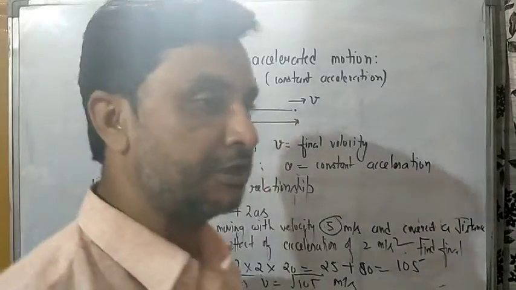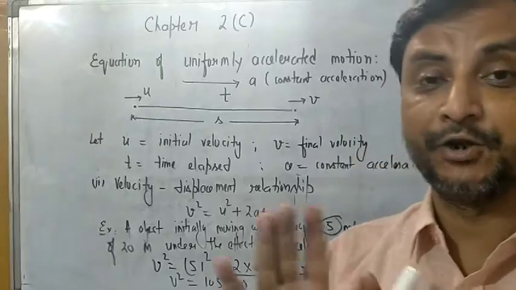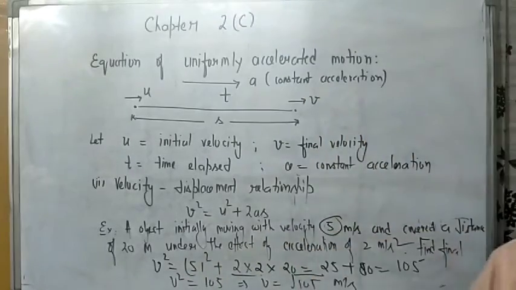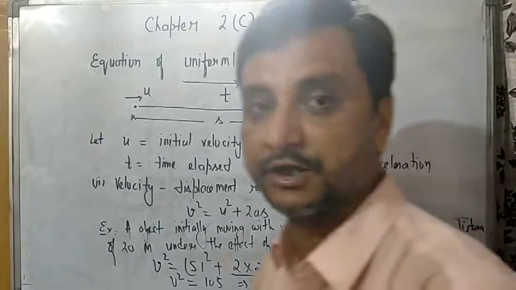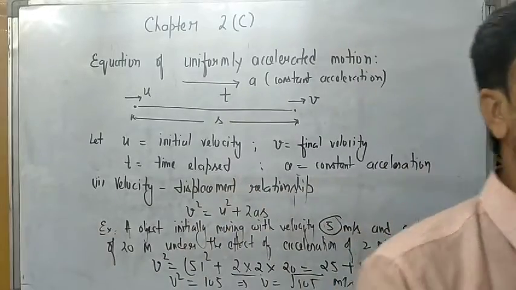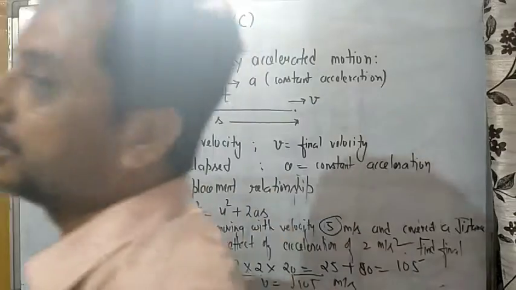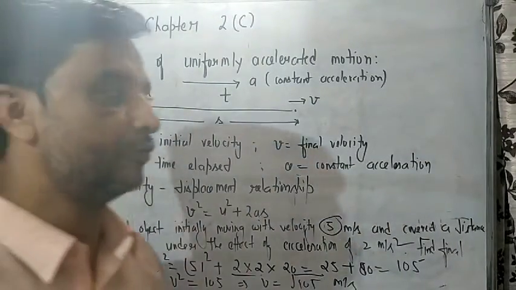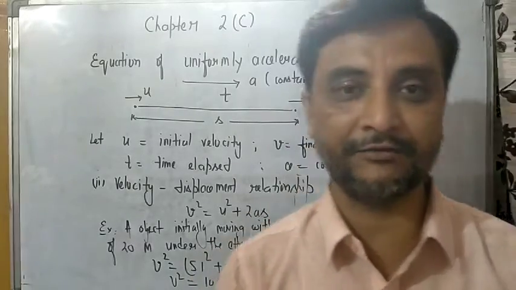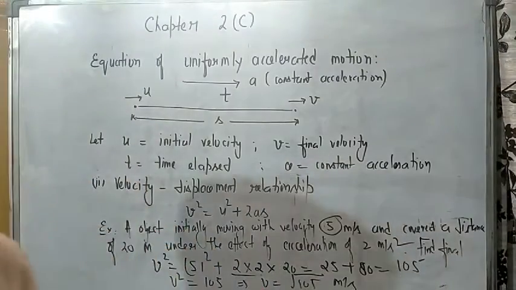From this section especially, the numericals are important. You need not worry regarding the derivation of the equations. One question is important: you may be asked to write the 3 equations of motion with the symbols in their usual meaning. If this question occurs, then you have to answer by simply writing the 3 equations of motion, unless otherwise stated. So these are the 3 equations of motion.